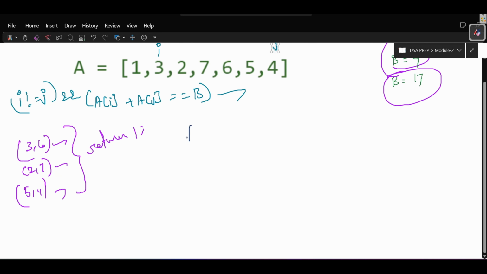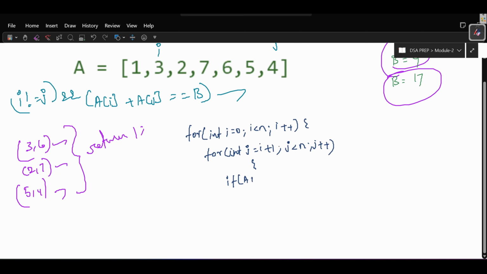See, first for int i equal to 0 to i less than n, i plus plus, this is the outer loop. Then I need another loop, for int j equal to i plus 1, j less than n, j plus plus. Got it? Then you need to check if array of i plus array of j